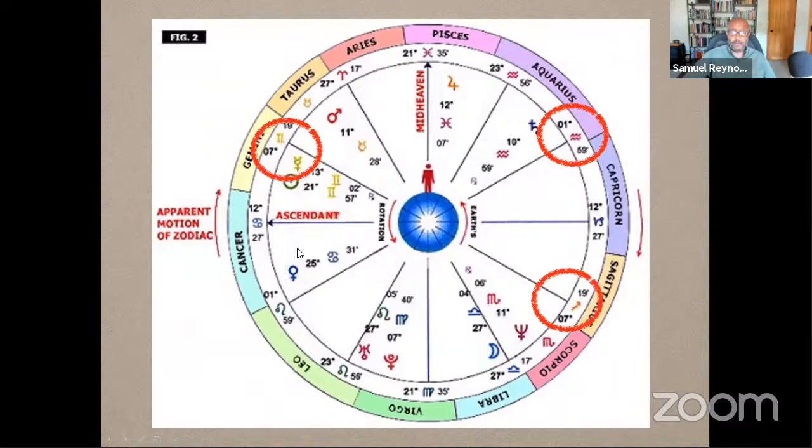Let's count them. Each house represents 30 degrees. 1, 2, 3, 4, 5, right? Putting us at the cusp of the 6th. We go this way, 1, 2, 3, 4, 5. I don't know why I'm doing this like the count from Sesame Street, but you're rolling with it. So we go to the cusp of the 8th house. So these are both, even though we call them sextile to each other, 150 degrees from the ascendant. I will clarify why this is important in a second.